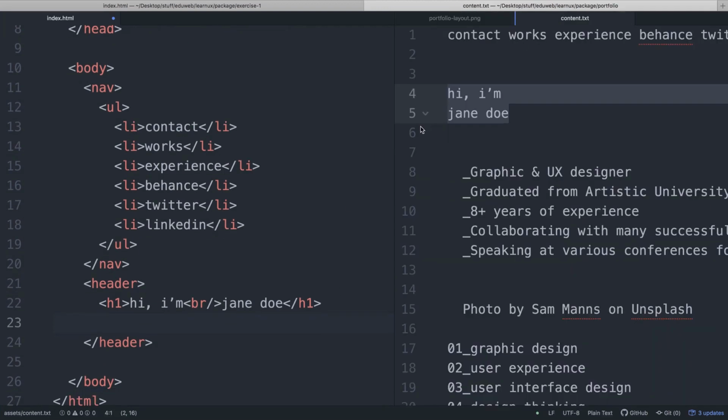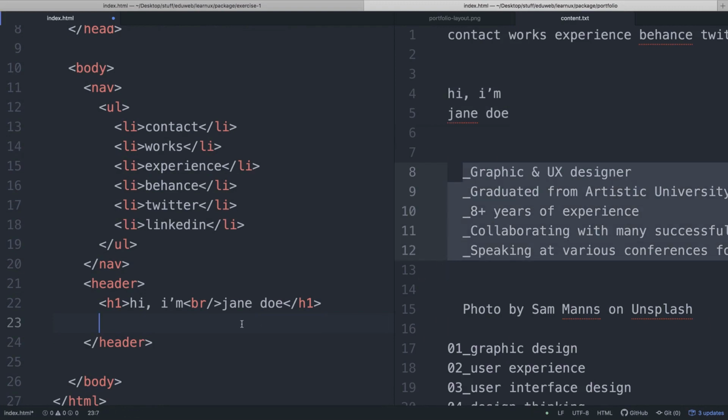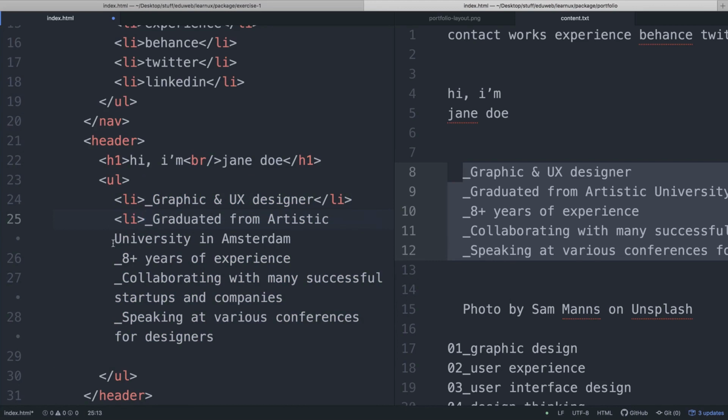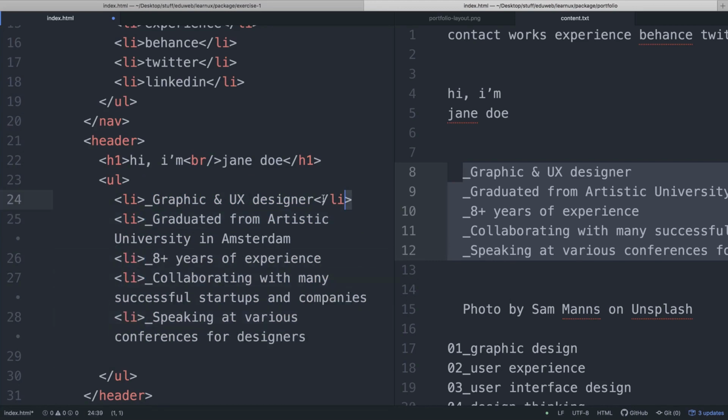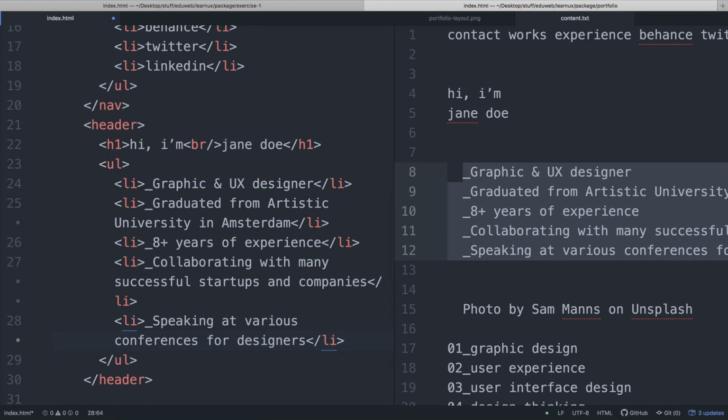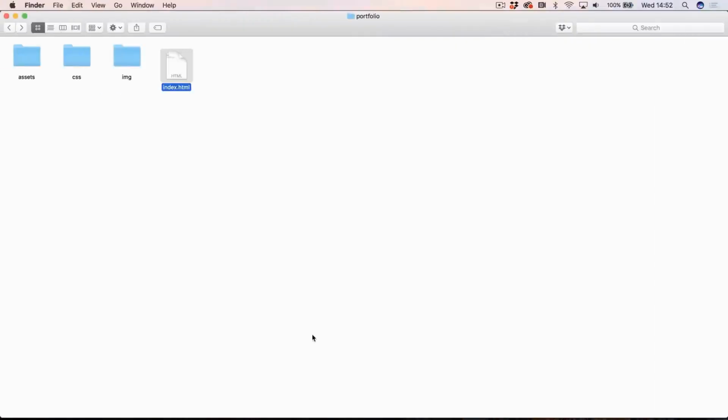So we can, again, copy the text and put it into an ordered list. So I'm opening tag, closing, and we wrap each of the texts with li. To make it faster, I'm just copying it. Okay, I'm saving and checking